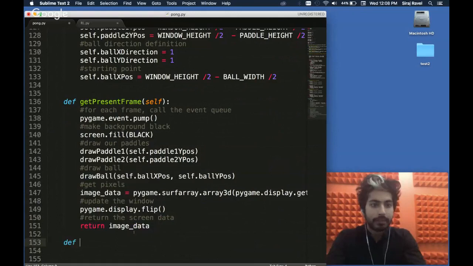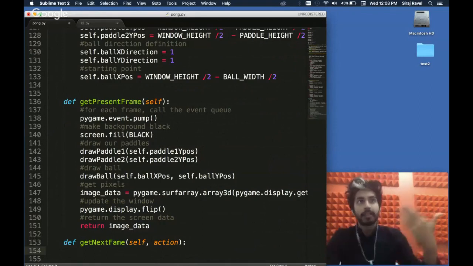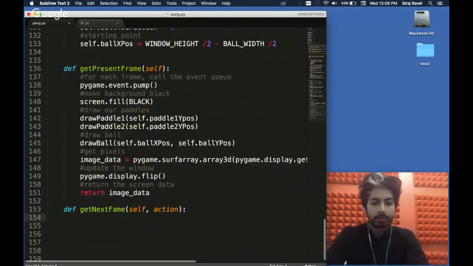So it's going to be def get_next_frame. And we want to use self and action. The reason self and action are going to be our two parameters is that the action is what direction we want to move in. And we're going to define this later when we create our reinforcement learning algorithm.